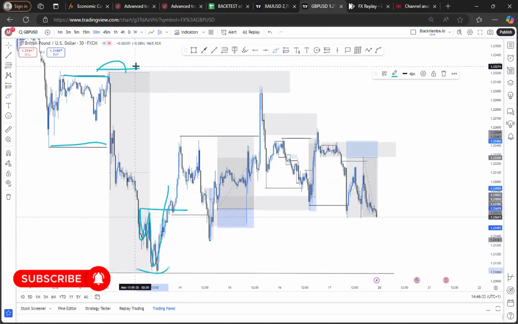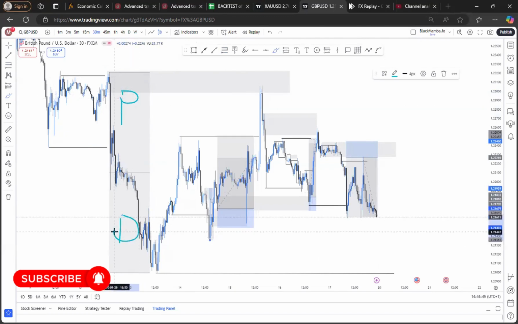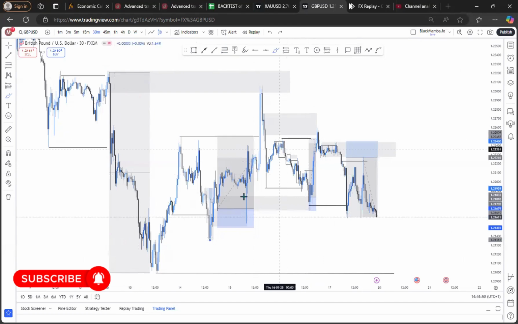We have a range from here to here. The essence of this range is for us to sell at this premium level and buy at the discount level. Now, Friday, I noticed that price printed this low and swept liquidity, then broke structure to the upside. And after doing that, price then pushed up, tried to take out this side, then broke this low. I marked